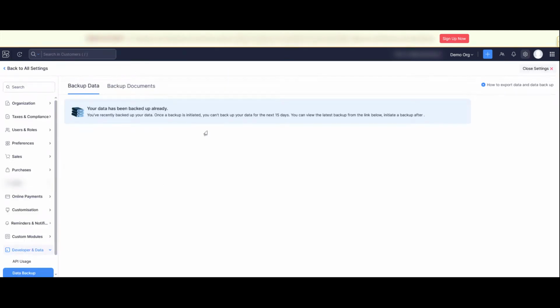Keep in mind that Zoho processes these requests on their backend, so you don't need to stay glued to the screen. You will receive an official email from the Zoho team as soon as your backup file is compiled and ready for download. Once that email arrives in your inbox, head back to the Zoho Books tab and refresh your